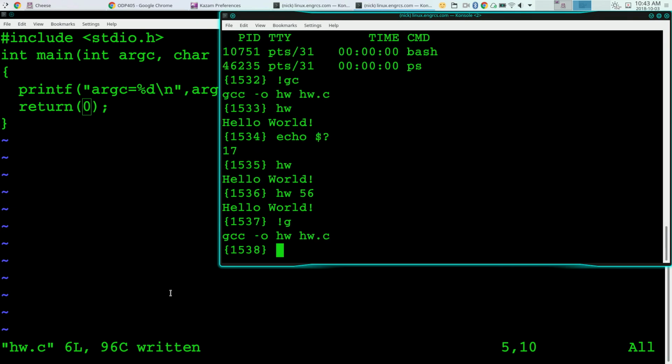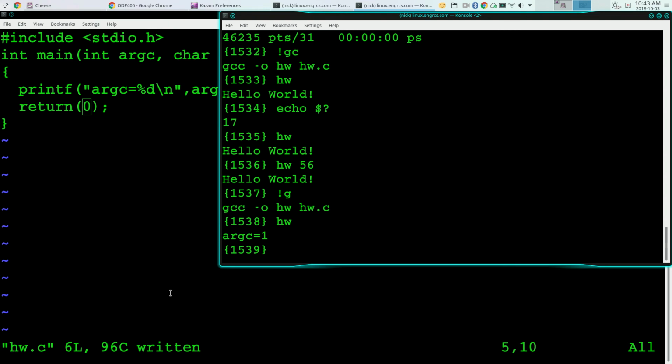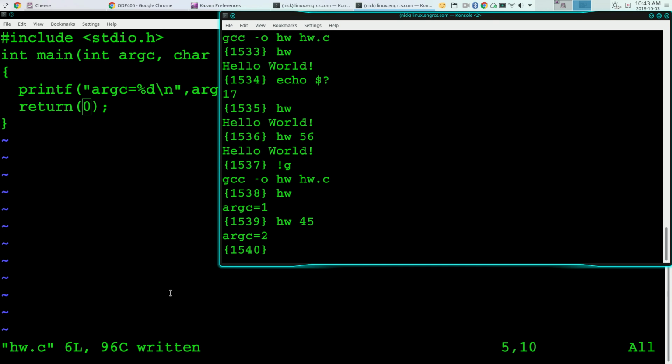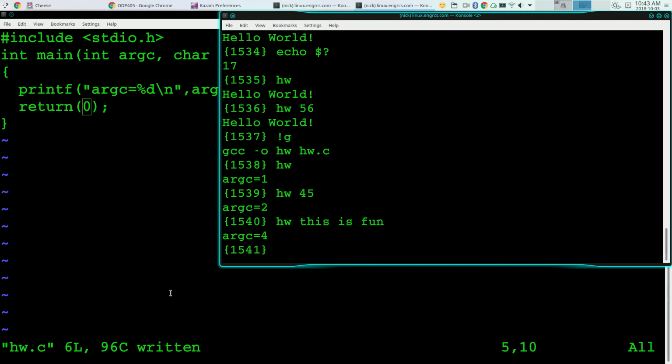So I'll compile this up, I'll run hello world without any arguments, and it tells me argc is 1. I'll run hello world 45, it tells me argc is 2. I'll run hello world this is fun, and it tells me argc is 4. So you got a theory now? All right, argc is the number of arguments,